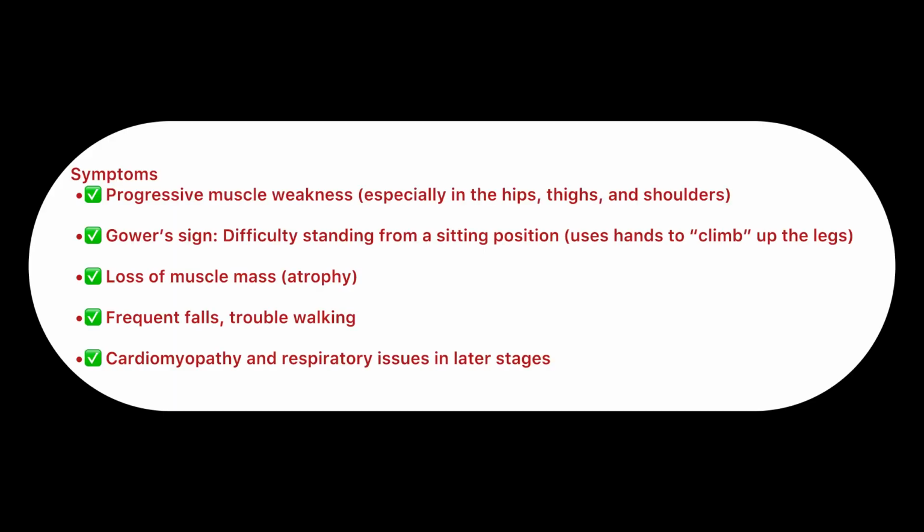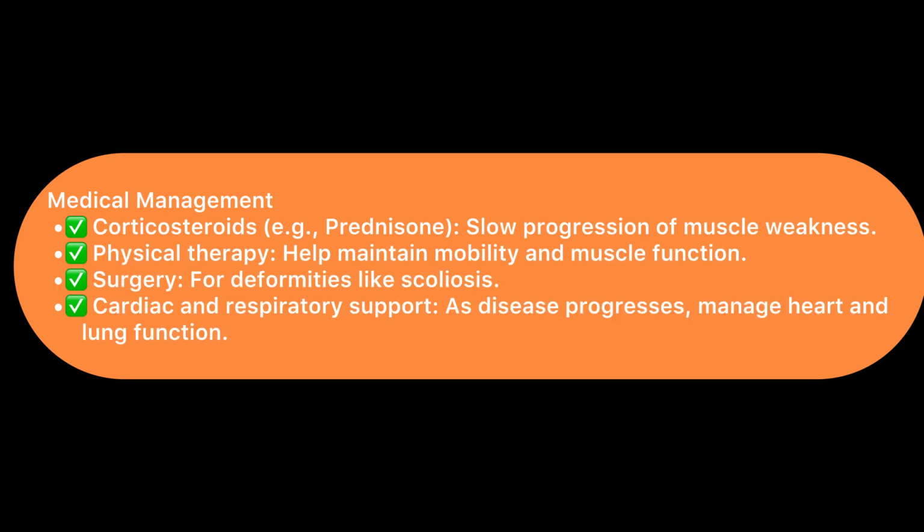And the signs and symptoms are progressive muscle weakness, Gowers sign, like difficulty standing from a sitting position, loss of muscle mass, frequent falls, trouble walking, cardiomyopathy and respiratory issues in later stage. For the medical management, corticosteroids are used, like prednisone, physical therapies, surgery for deformities like scoliosis, cardiac and respiratory support,